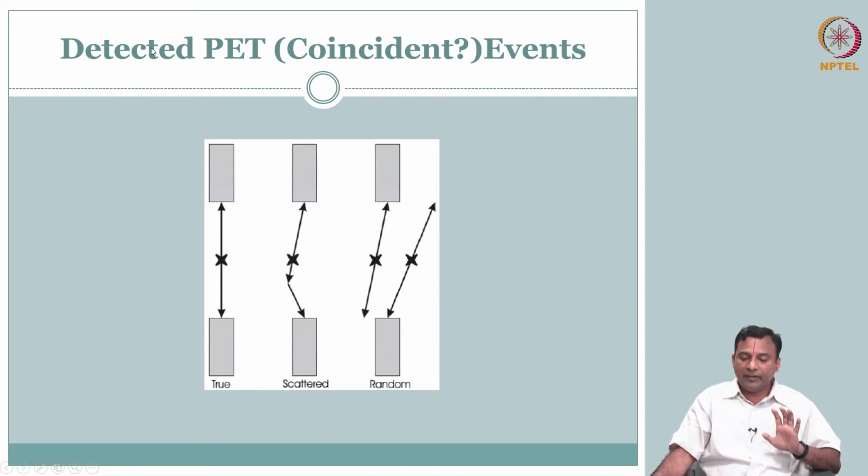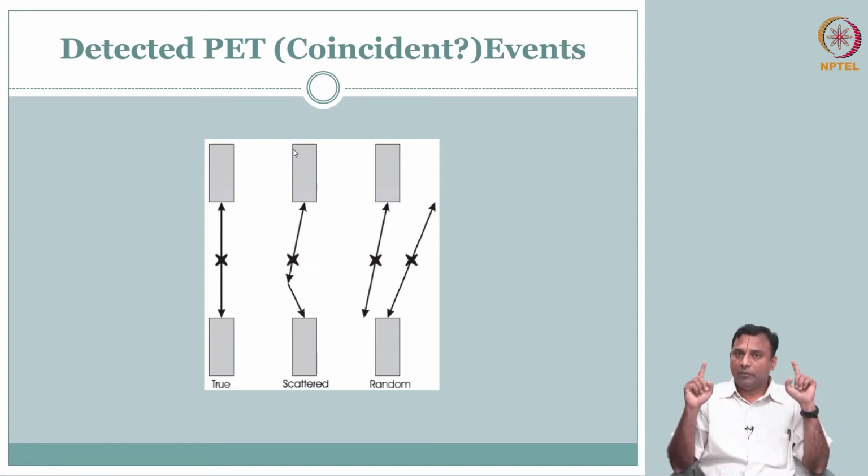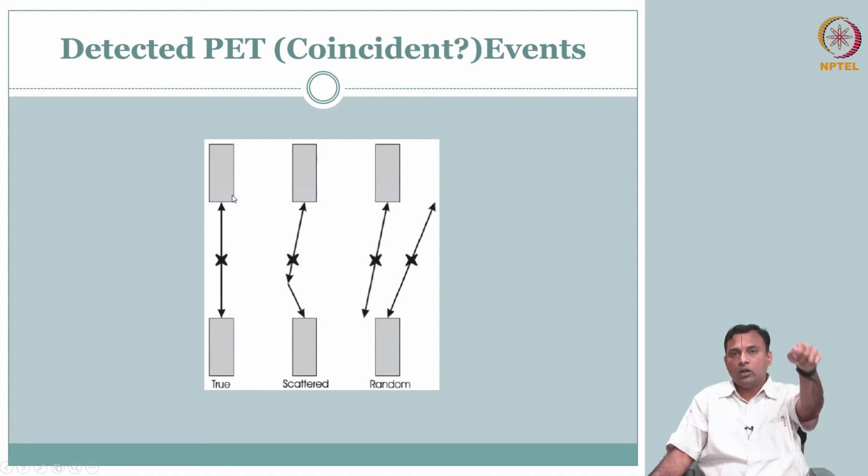So what we have identified is you have this coincident circuit, so I need to be able to do this localization, coincidence. So there are three types of signals or activities that you can detect, but you are going to weigh only those activities which are true. What do I mean by true? I should have another photon detected within that short time interval along the detector that is on the opposite side. Only if this happens, then that is a true.